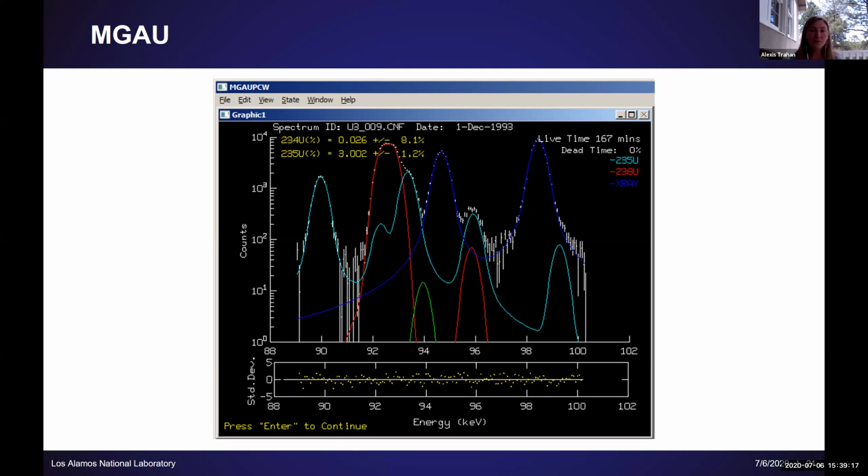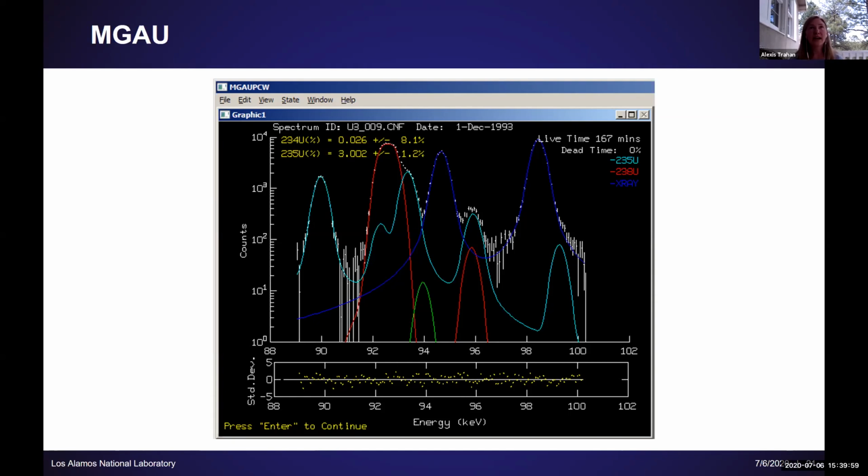So, when I talked about neutron NDA, you're really only getting quantities of fissioning material. So you might get the quantity of plutonium-240 from the coincidence counting methods from neutron counters. So you really have to couple with a gamma technique such as MGA to get your different isotopic contributions. And oftentimes that is what we're interested in in NDA. We're not just interested in elemental plutonium or plutonium-240, but we want to know how much plutonium-239 is there, how much fissile material is there. And so to do that, you really do need to be able to apply a gamma method.